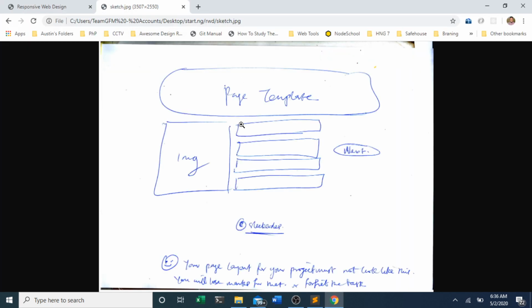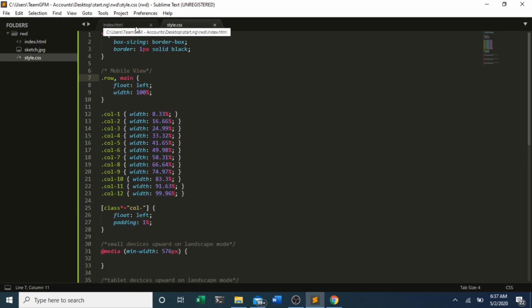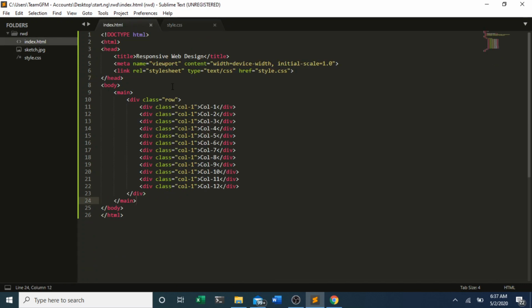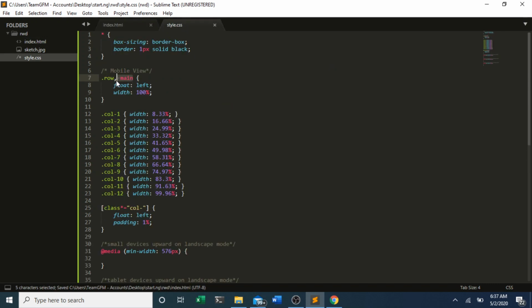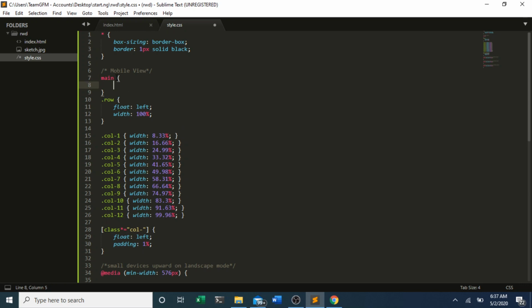Taking a look at our sketch, this is a whole width. Okay, this is like taking the whole width. I'll come here and say, you know what, give this guy a class of no need for that. I'll select it and it's on. Sorry, I'm going back and forth, doing this on the spot. Main, no, padding should be